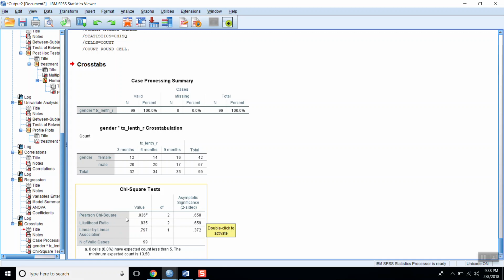So you'll report, in order to test the hypothesis that those two variables were related, a chi-square analysis was run. Results were what? Not significant. Open parentheses, chi-square. It's okay if you want to just type out chi-square, but if you go into Word fonts and you pick symbols, you can get the little chi-square symbol. But if you don't want to do that, you can just type out chi-square. So chi-square, little subscript, open parentheses, 2, close parentheses for your degrees of freedom, equals 0.836, comma, p equals 0.66, close parentheses, period.